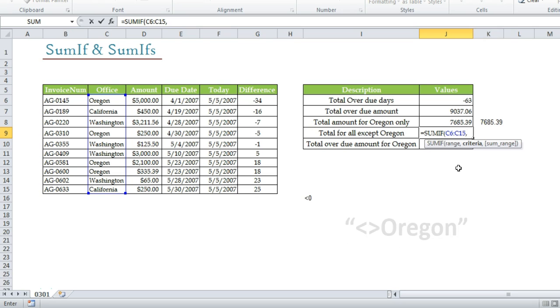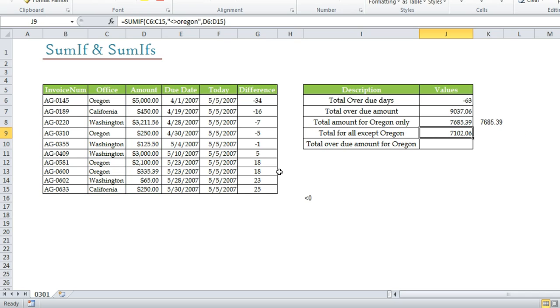In the same manner, we are going to say double quotes, less than, greater than, Oregon, double quotes, comma. Now sum range will be, as we have already discussed, the amount column. So we'll close the bracket and press enter.